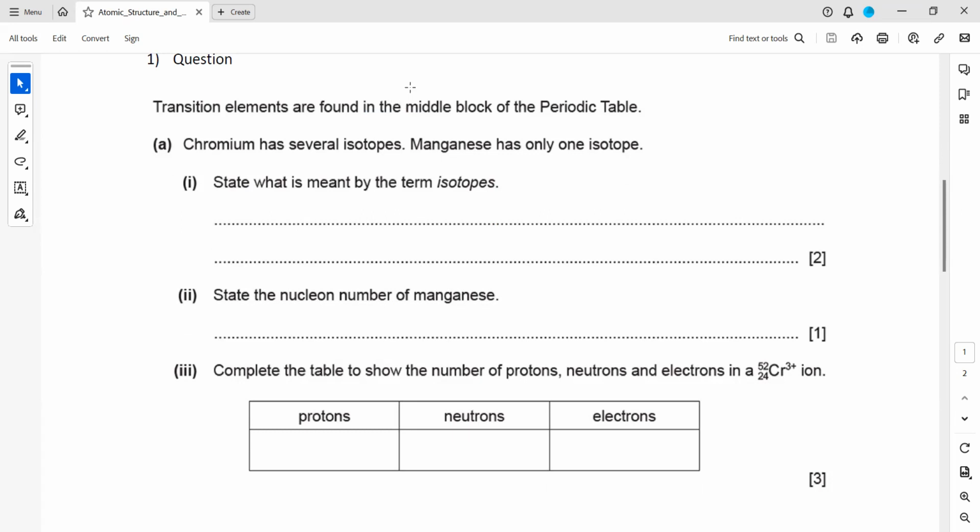Chromium has several isotopes. Manganese has only one isotope. What is meant by the term isotope? So what is the meaning of isotopes? Isotopes are atoms of the same element